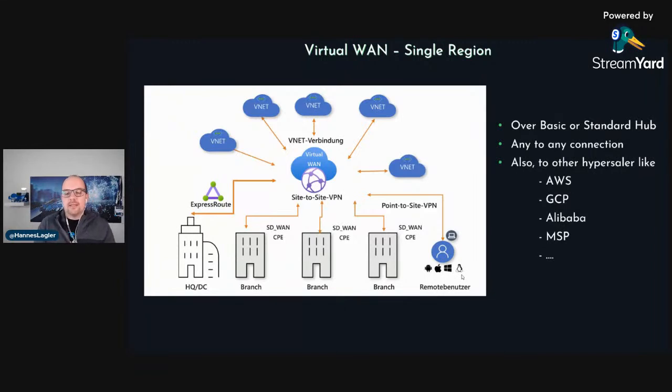You can also connect other hyperscalers like AWS, GCP, Alibaba, or a Microsoft service provider, what you prefer. We can also connect virtual networks in the same region or from other regions to Virtual WAN.